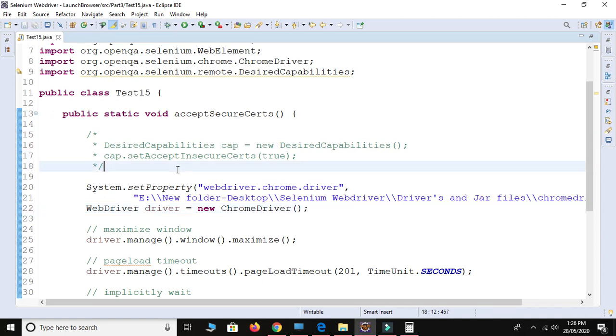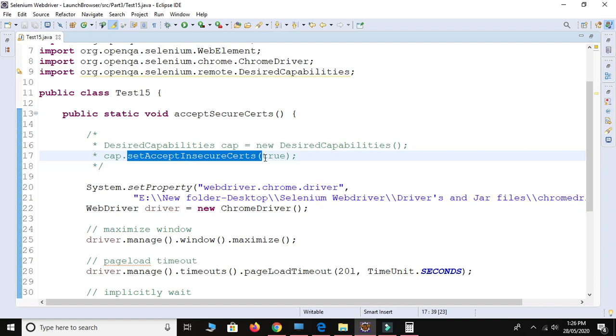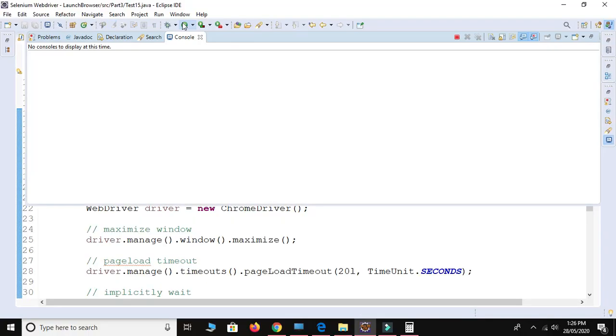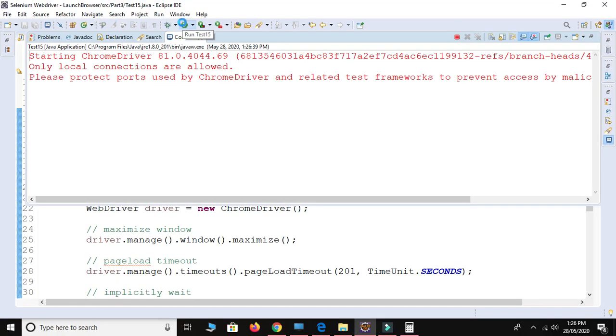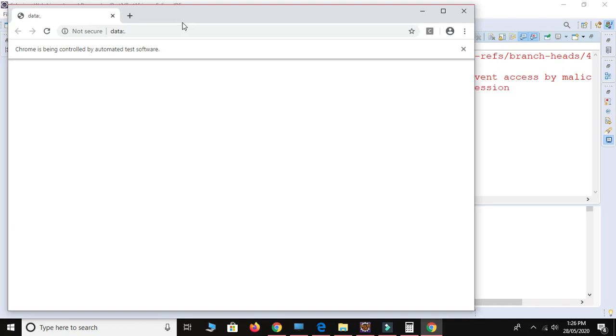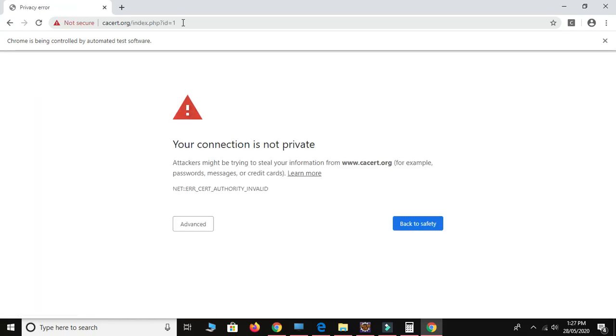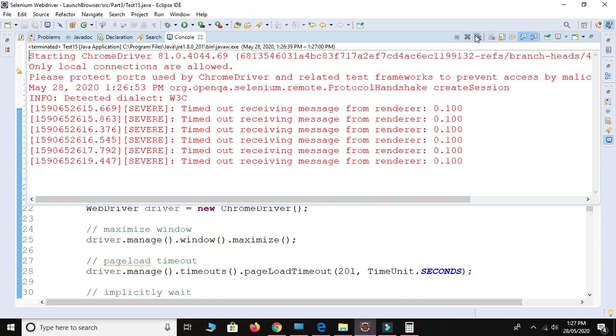Without accepting the insecure certificate, when I launch this URL, then I get the exception. I will show you. So now it will launch the URL and click on the join button. Okay, clicked on the join, but we got this certificate issue because we have commented out our code.